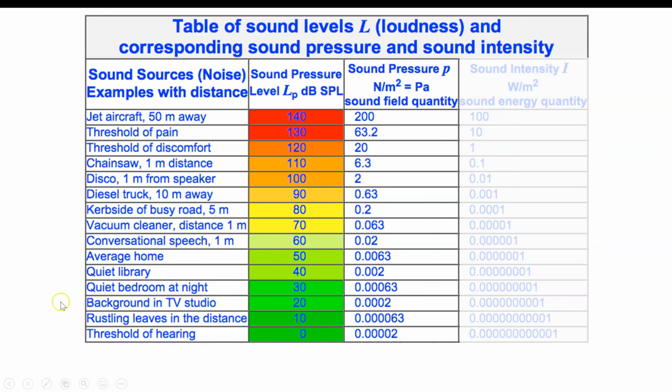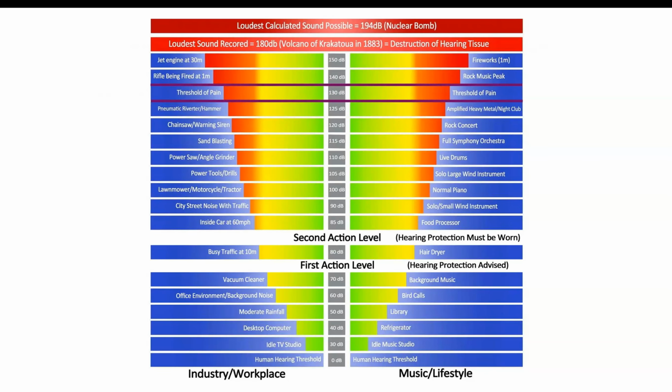And we have some other examples on the screen here. So there are a lot of different reference scales that you can find online. These are just some that I find to be pretty useful. And this one, what I like is just reminding us that as you get up to the higher end of the scale, we are talking about millions, tens of millions, hundreds of millions of times the amount of air pressure